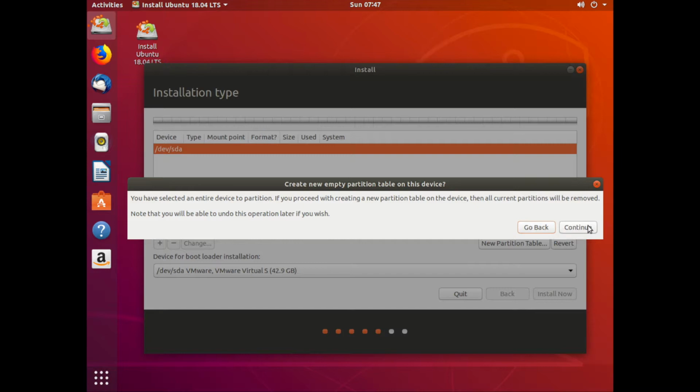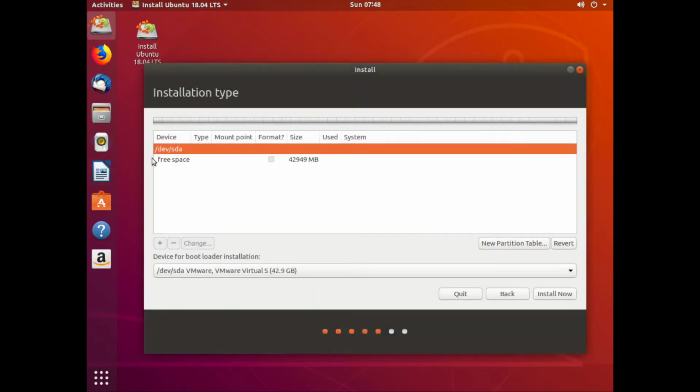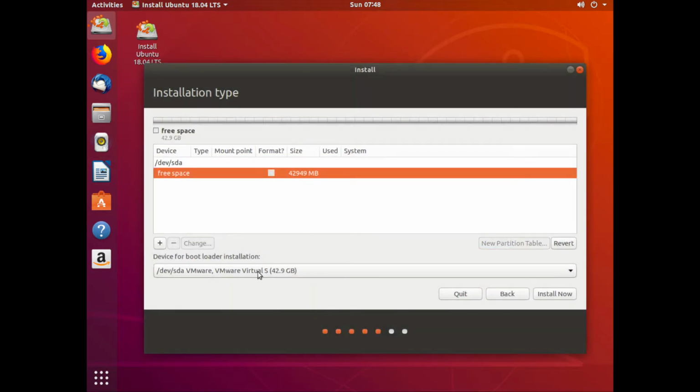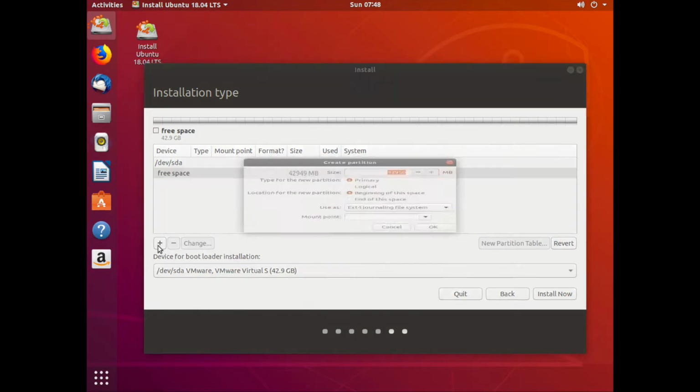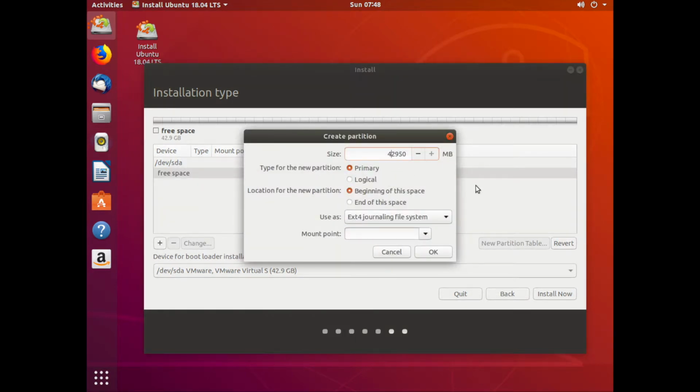I'm going to press continue since my device does not contain any partition. My disk does not contain any partitions as of now. So now it says free space 42 GB. I'm going to add a partition here, and I am going to put in, say, 38 or let's say 36 GB. I just changed the two most significant digits, and I'm going to make it a primary partition,